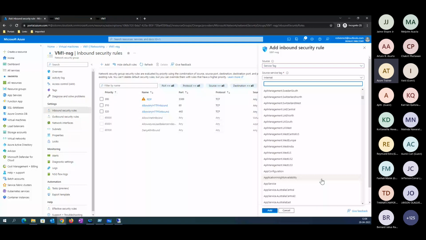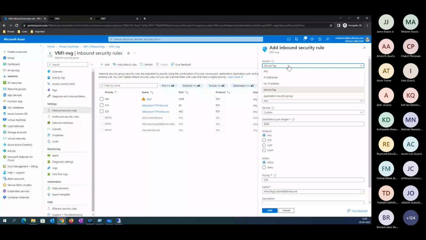Or you have an option for only a specific IP address, if you want.